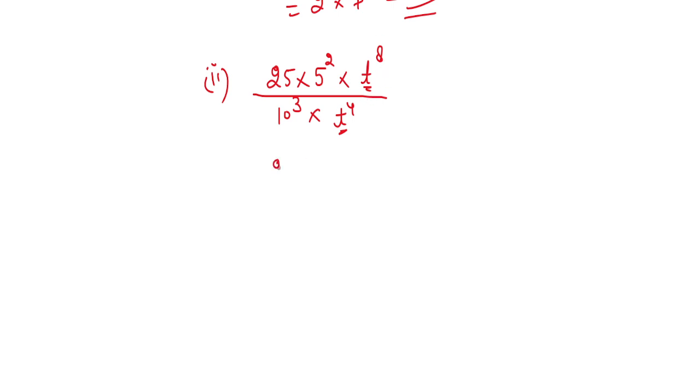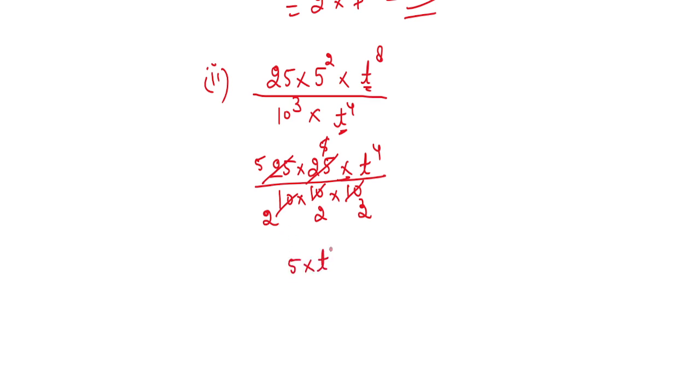So it is 25 multiplied by 5 times 5 is 25 again. 10 raised to the power 3 means 10 three times. Now you can subtract the powers, so it is 3 raised to the power 4. Now dividing, 5 fives are 25 and 5 twos are 10. Again by 5, 5 fives are 25, 5 twos are 10. Again by 5, 5 twos are 10. So the answer is 5 multiplied by 3 raised to the power 4 divided by 2